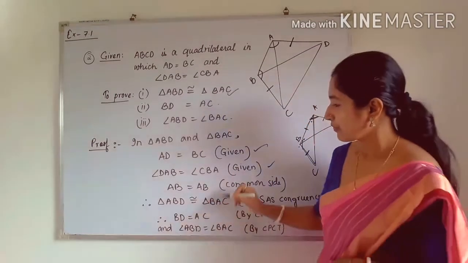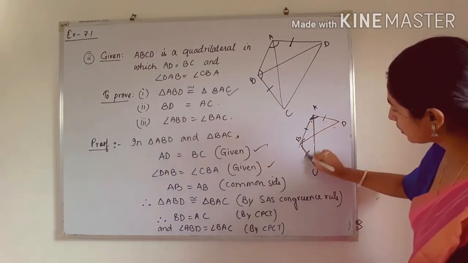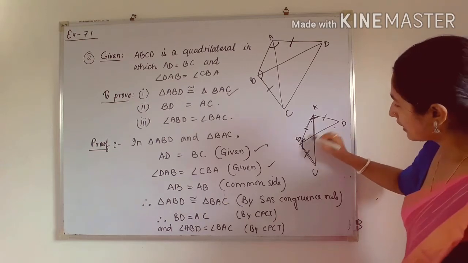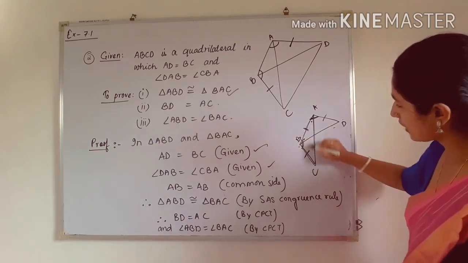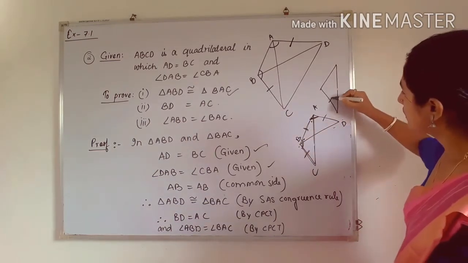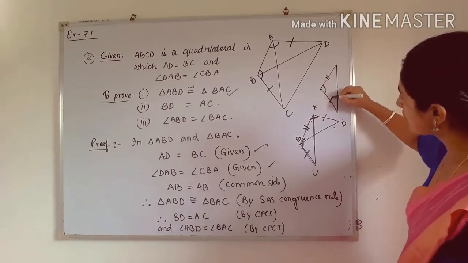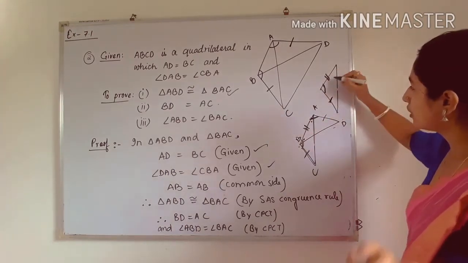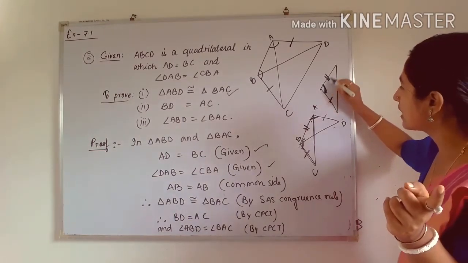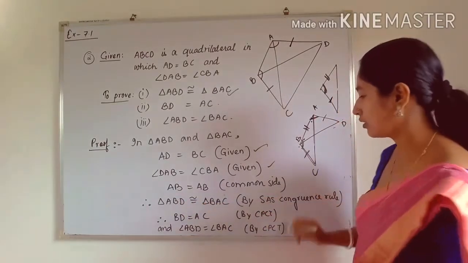Therefore, we can say, see here, what is the criteria? If we see only one triangle, this was the side which is equal to the corresponding side of the triangle. Next is this angle, next is this side, that means SAS. So you can see here, this side, this angle and this side. So side, angle, side. I already told you the angle is included between the 2 sides, therefore by SAS, the 2 triangles are congruent. By SAS congruence rule.